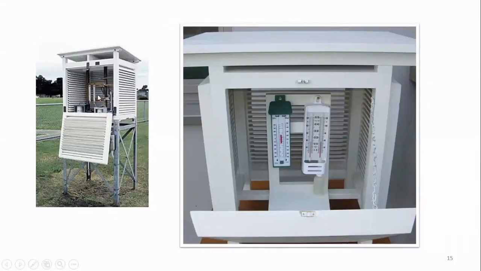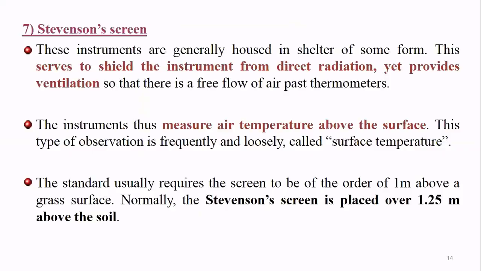reaching the particular thermometers, because all the thermometers and the thermograph are displayed here. So to protect the reading from direct sunlight, because if direct sunlight falls on the thermometer, the reading will vary. It's not giving the average and accurate reading. So therefore it's covered. The Stevenson screen is placed at 1.25. Important point, 1.25. In the Stevenson screen, the dry bulb thermometer, wet bulb thermometer, maximum, minimum, and thermograph are displayed.